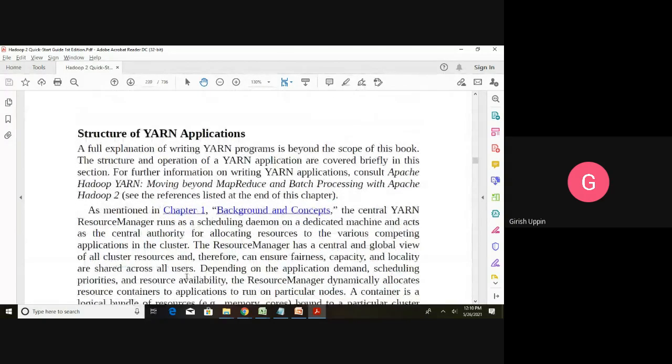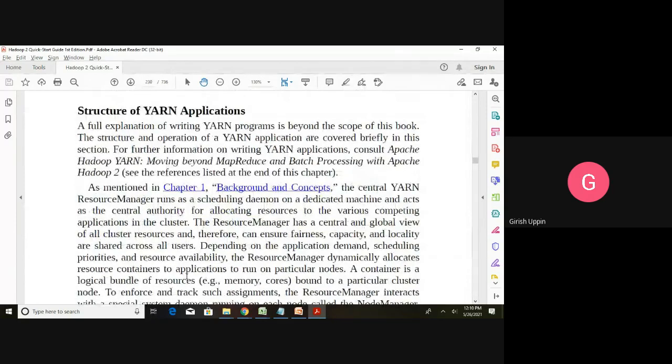Next, the structure of the YARN application. The structure, whatever we talked about, is an example. In this structure, we will understand how, whenever we are running a particular example, that example will get executed. What is the complete YARN structure?